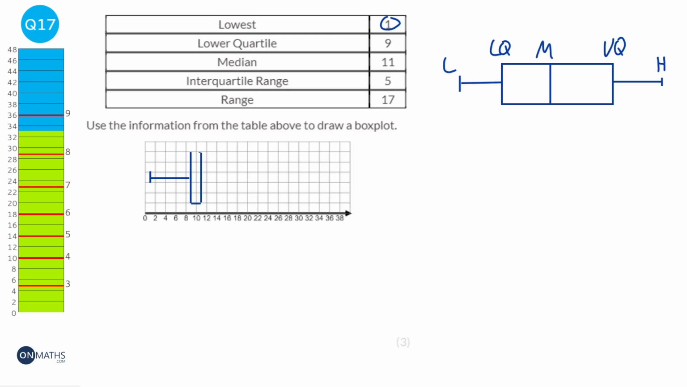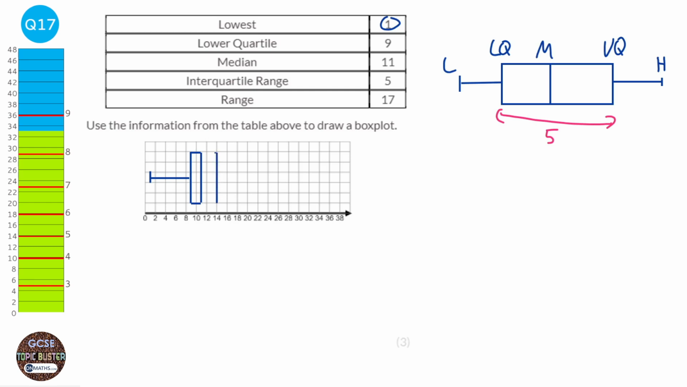Quite a thin box plot so far. Now it says the interquartile range is 5. Now the interquartile range is the distance here, so that's 5. So it's going to be 5 more than the lower quartile. If the lower quartile is at 9, it would be 9 plus 5, which will be 14. So if we get our line at 14,